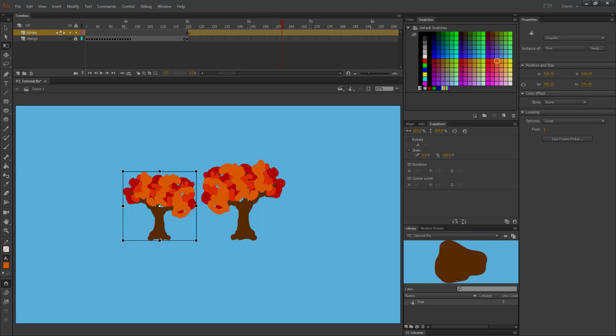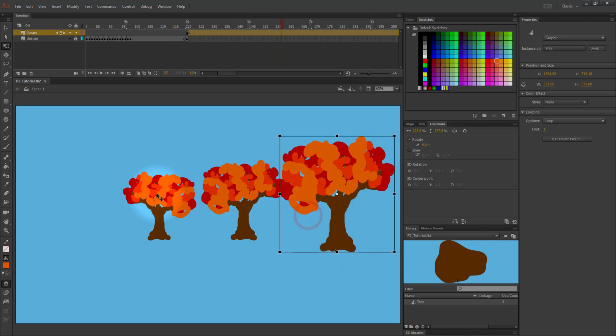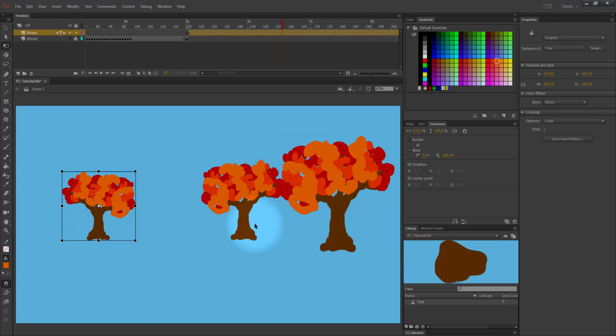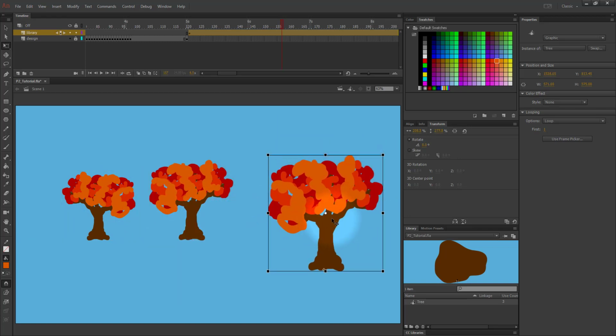You can just change them and resize them. You can drag as many copies as you want. And then you also might want to have one stop and another start at a different time. So to do that, you just need to make a new layer. So let's say I want a really big one, like I want these two to start at the same time, but then I want this one to start at a different time. So I'm gonna make a new layer right here,